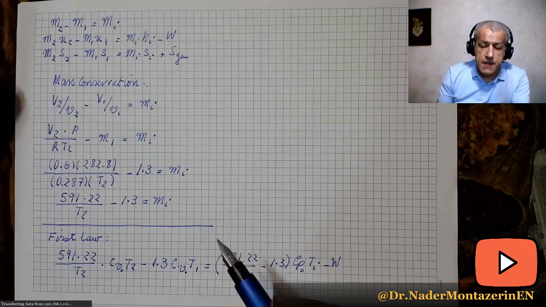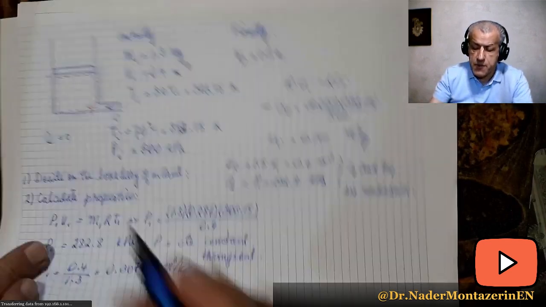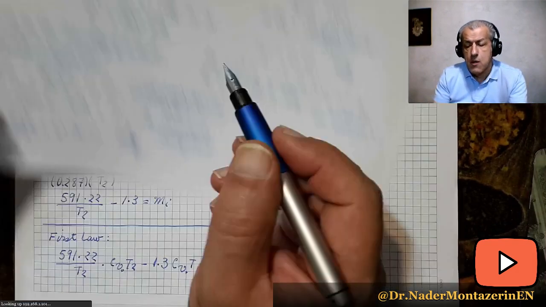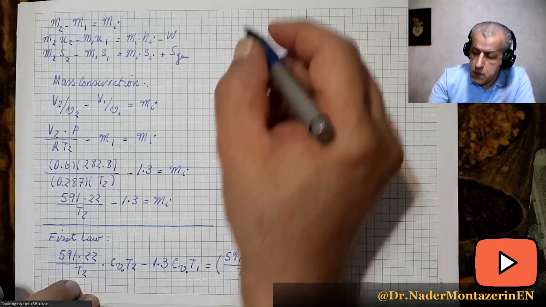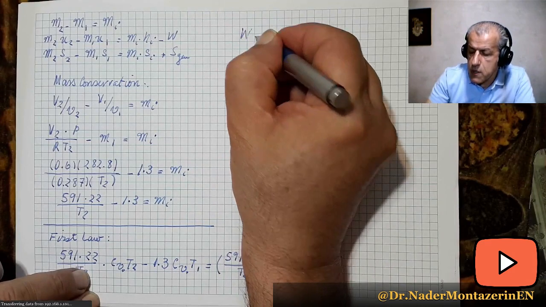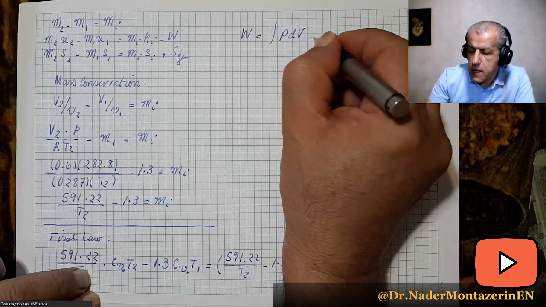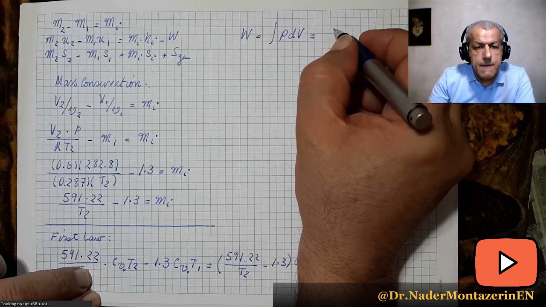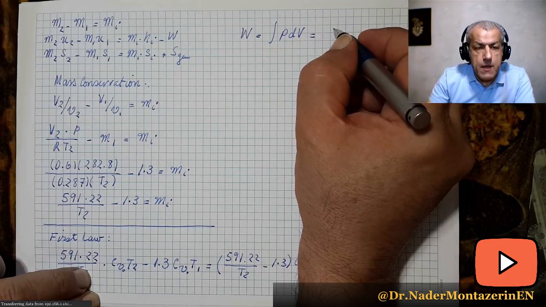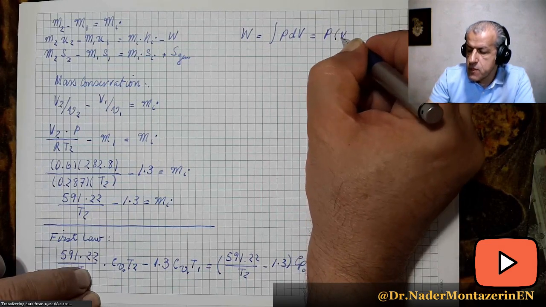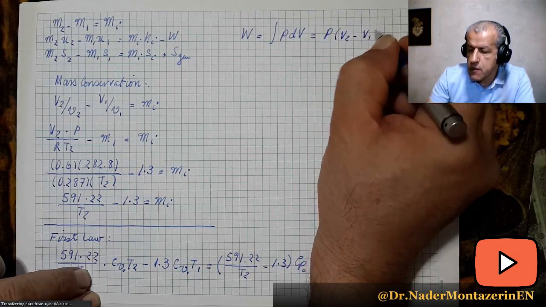Of course, this is a constant pressure work, it's a moving boundary work, so we could calculate work from work equals integral P dV, and that would equal